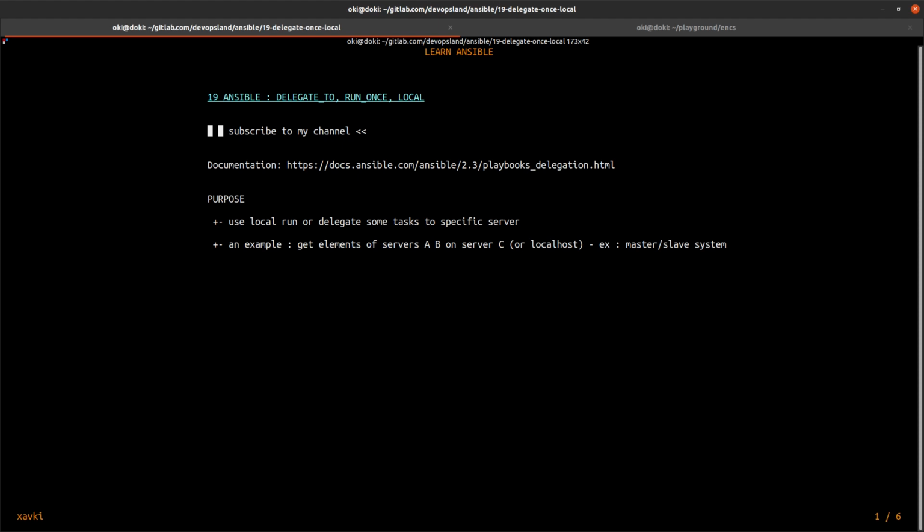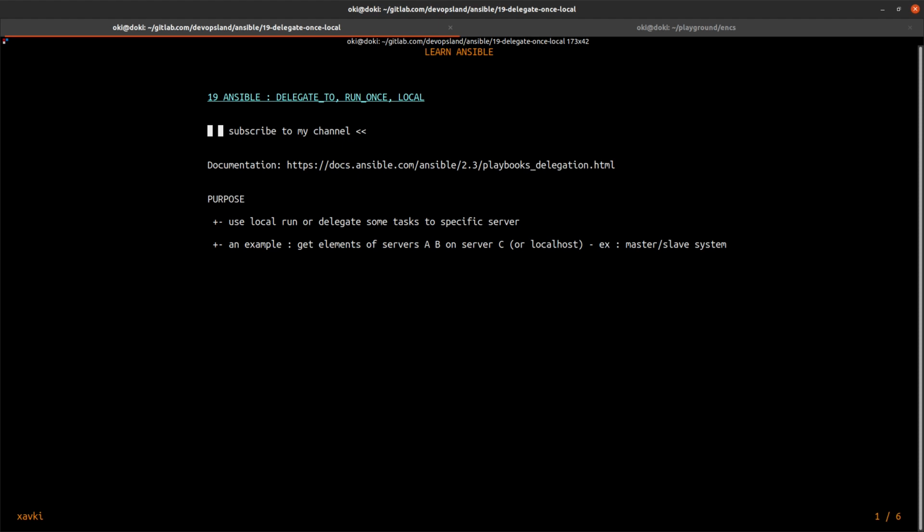An example: if you want to get some elements of some servers, like server A or server B, you can get some elements about these servers, and you can use them on another server like server C. Or in our case, we use it on localhost.